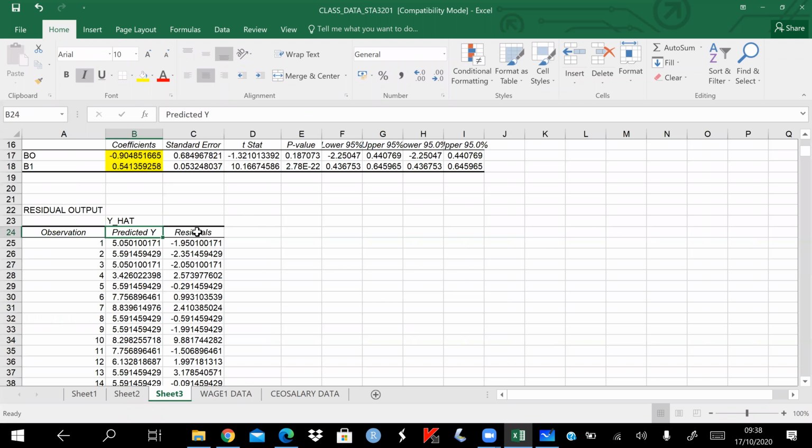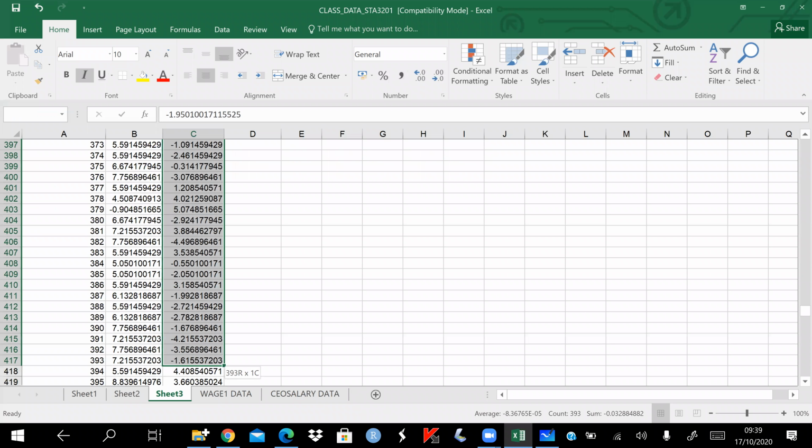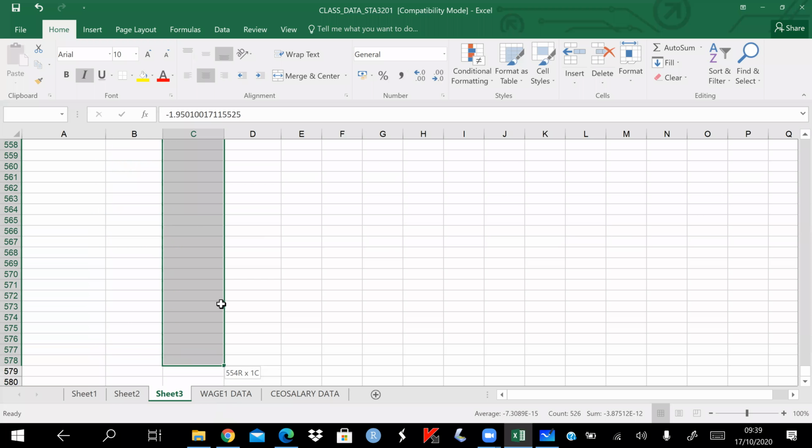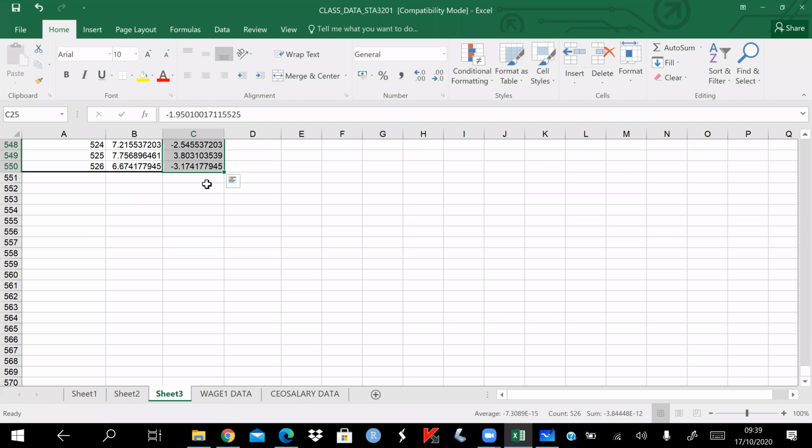So the residual here is the difference between the y and the y hat. So these are the residuals or the errors. And remember we said that we want to make the errors as small as possible. And one of the properties of the OLS is that the residuals will always sum to 0. So I'm just highlighting the residuals. Then if you check the sum of all these,